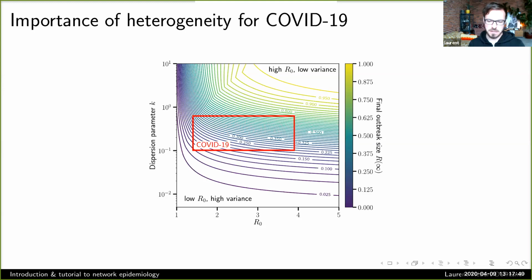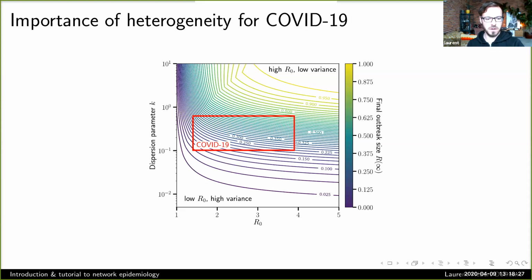Really, diseases can go in four directions. You can have a low R naught, closer to an R naught of 1, with a low variance, so everyone infects one or maybe two people, but no one infects three. Or you can have a low R naught with a high variance. That's something like Ebola. You might have an R naught of 1.5, but 85% of your cases don't infect anyone, and it's really driven by super spreading events. So that would be the left of this plot, with Ebola on the bottom left, and something like a very weak flu at the top left.